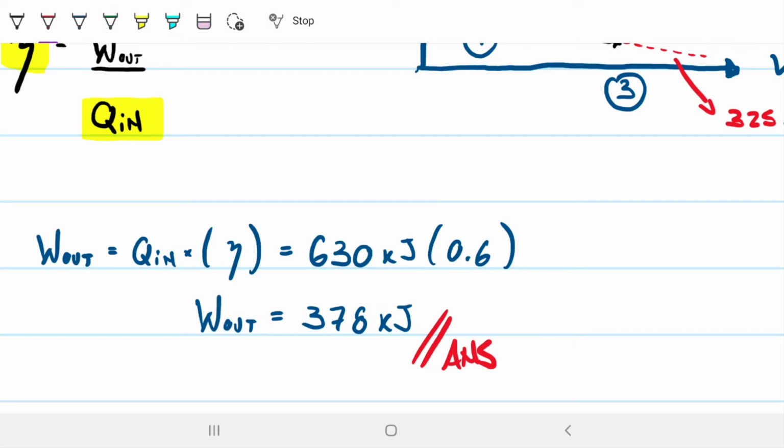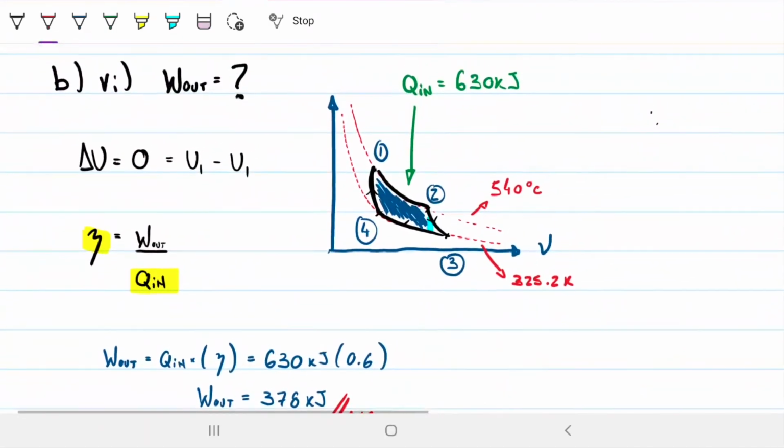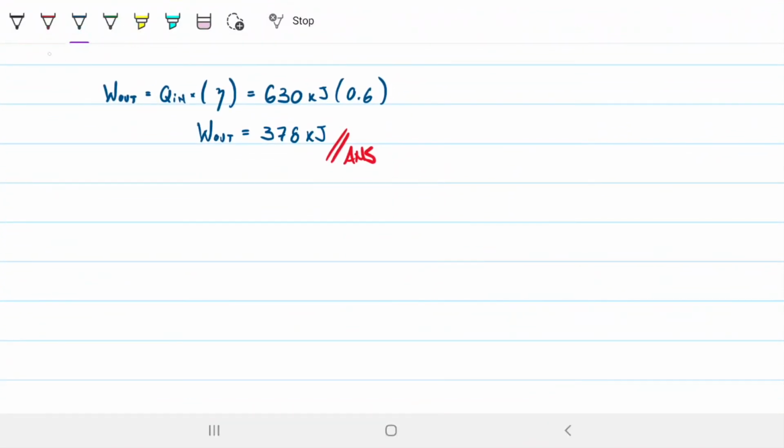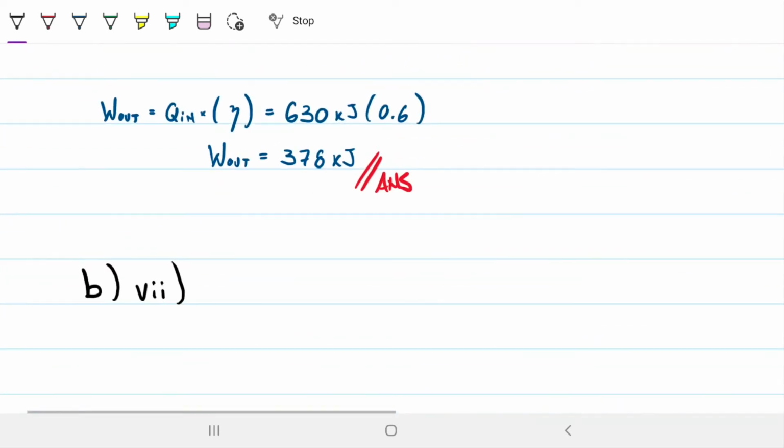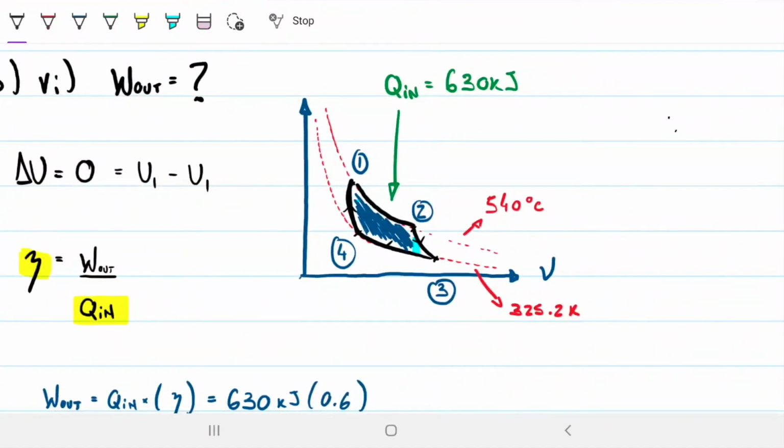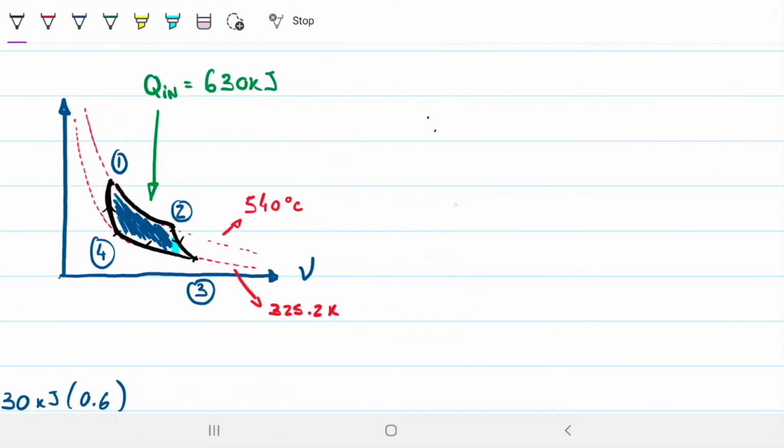And the last one was the thermal efficiency. No, the heat rejected. So let's do that here. So this is B, and I think this is 7. I'm going to guess it's 7. And it wants the heat rejection. But then again, remember that we talked about this. What are the energies that are being outputted from this system? If we look at this guy,